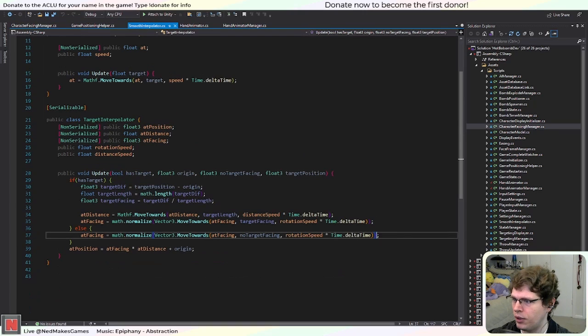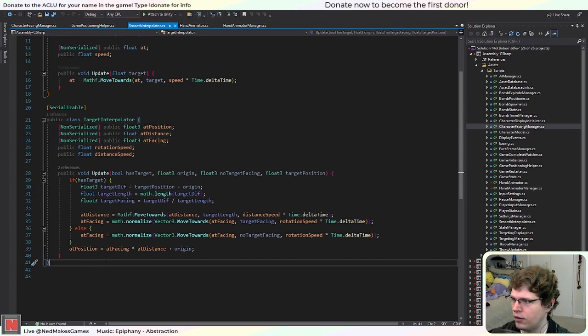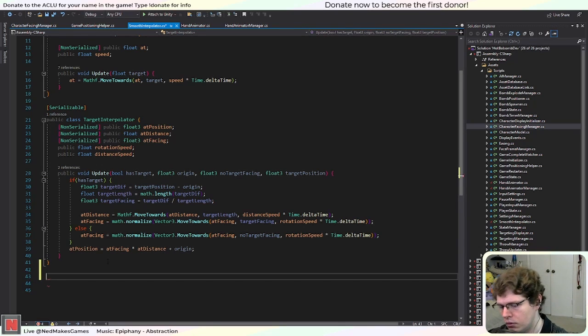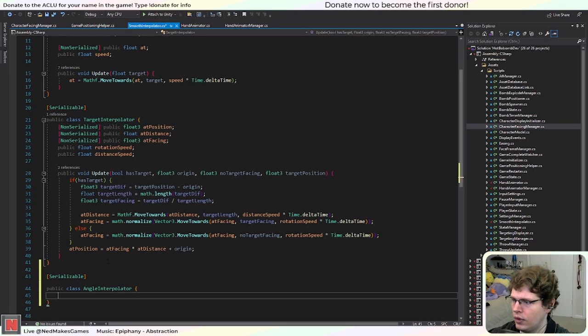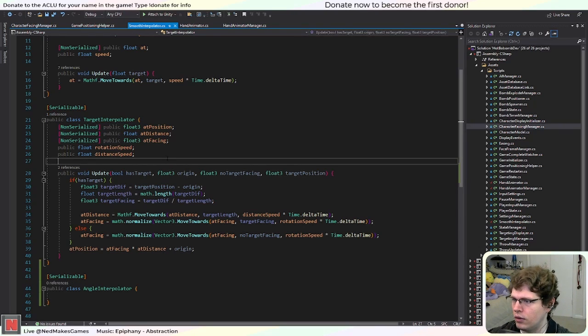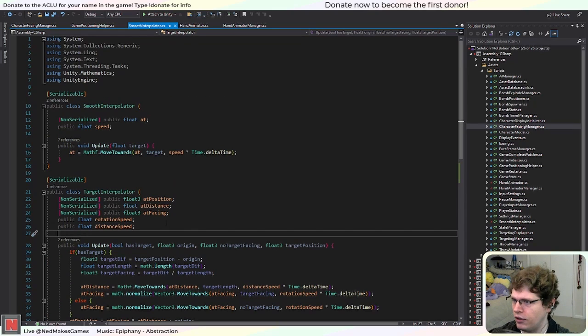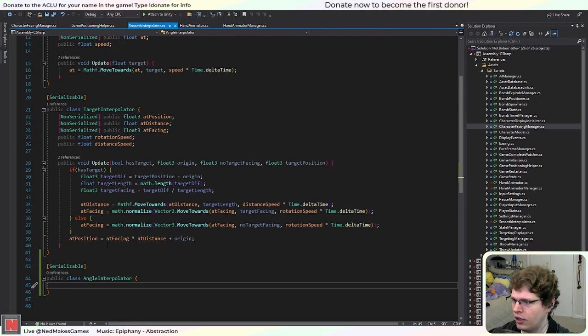I guess I should just make an angle interpolator class. Okay, so this is not going to be quite as easy as I hoped, because angles are always annoying to work with, but